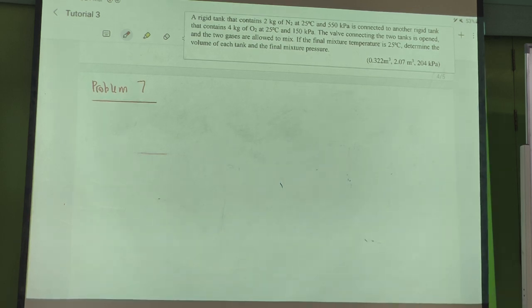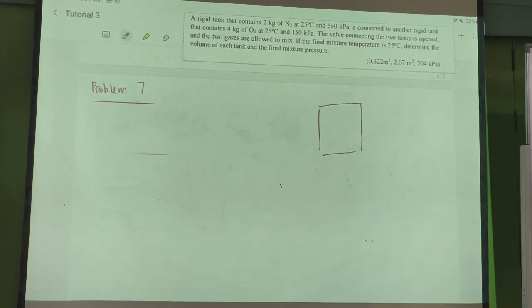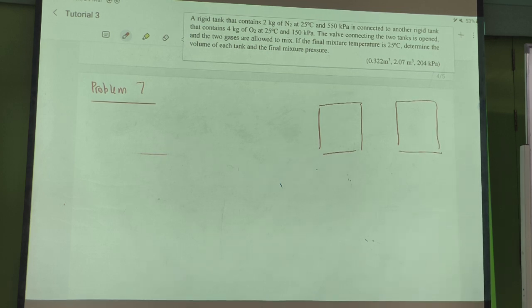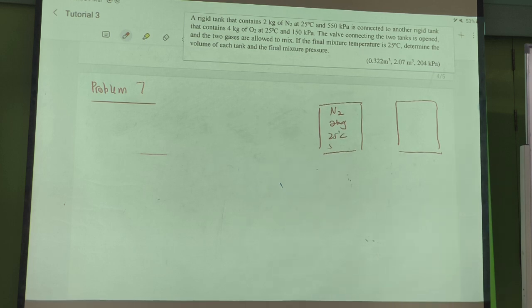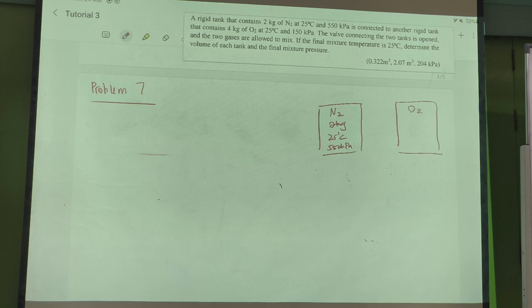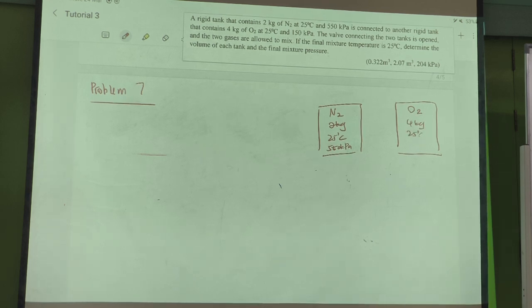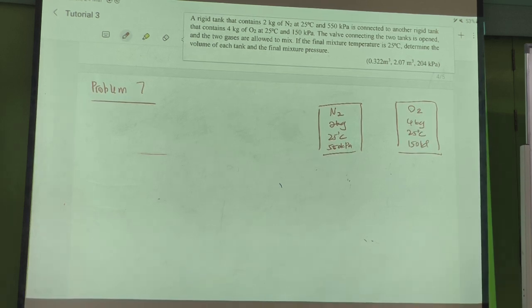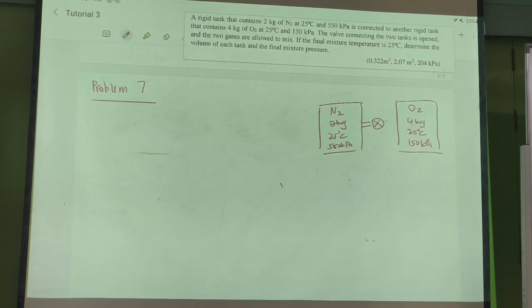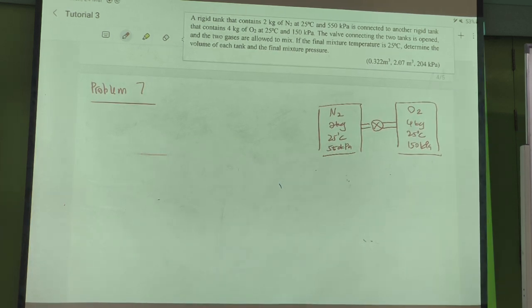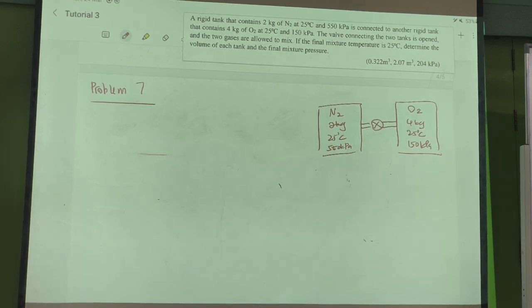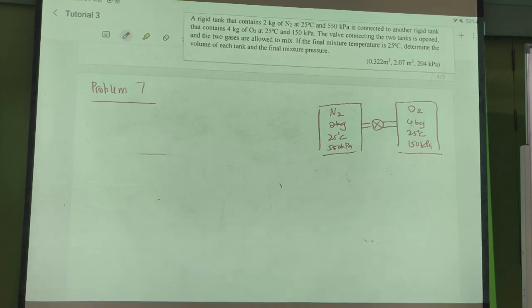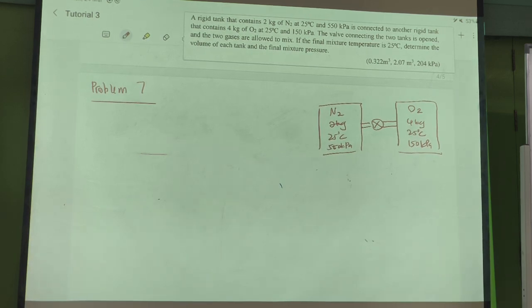So for this problem, you have two rigid tanks. First one, N2, 2 kg, 25 degrees Celsius, 550 kilopascal. Second one, O2, 4 kg, 25 degrees Celsius, 150 kilopascal. There is a valve here connecting the two tanks. It is open, and the two gases are allowed to mix. If the final mixture temperature is 25 degrees Celsius, determine the volume of each tank and the final mixture